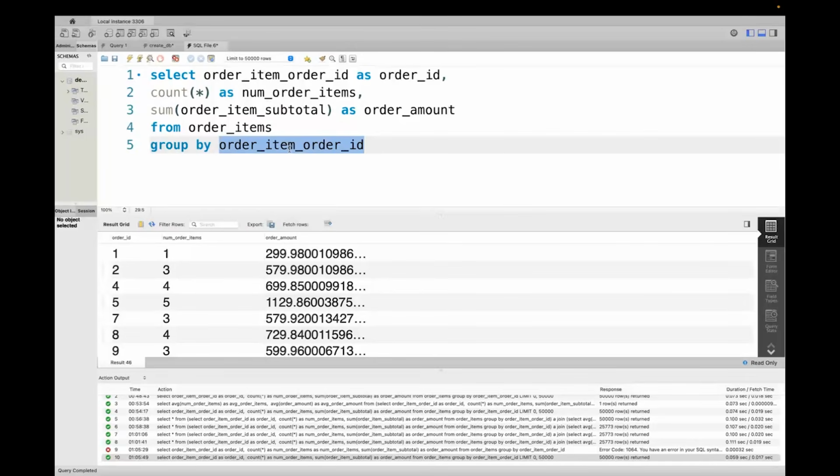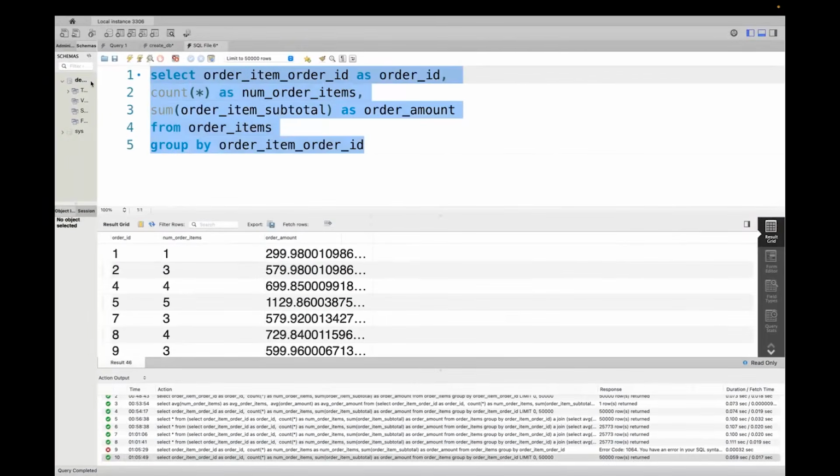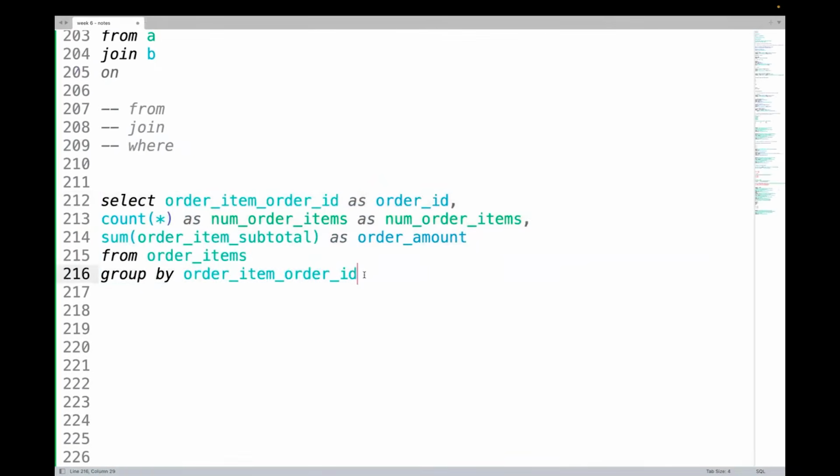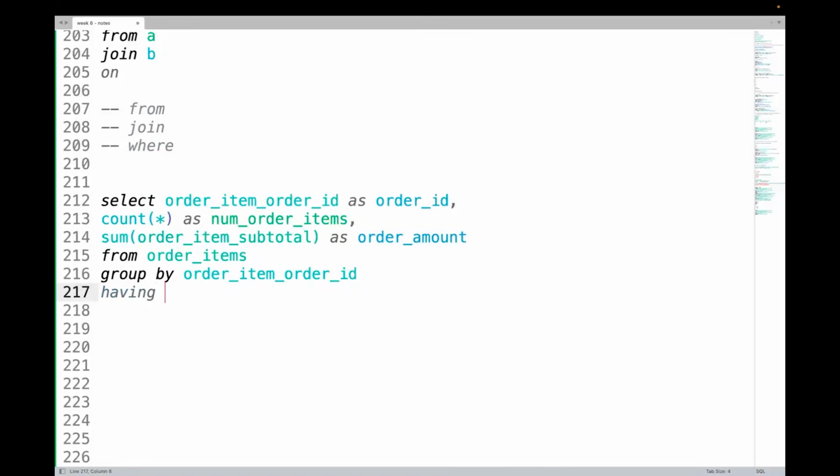Now, out of these groups, we want to select only groups which meet our criteria. And criteria is that this number of order items should be greater than average, order amount should be greater than average. That means somehow we can use a having clause if we want, right? So I just take this, and I will build on this query now. Instead of having a different table doing a join, I will rather use a having clause. Having this